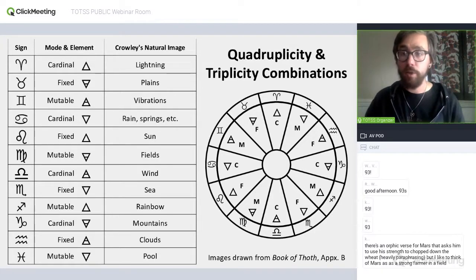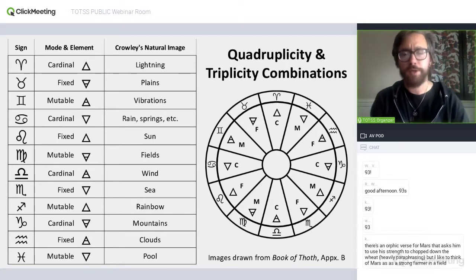It's interesting to think of that as Earth in a cardinal mode, rather than the plains, which are just continuous, rolling Earth in a more direct and continuous expression, rather than a mountain, which is more literally jagged. It has a rising and a falling, rather than just being flat and continuous.